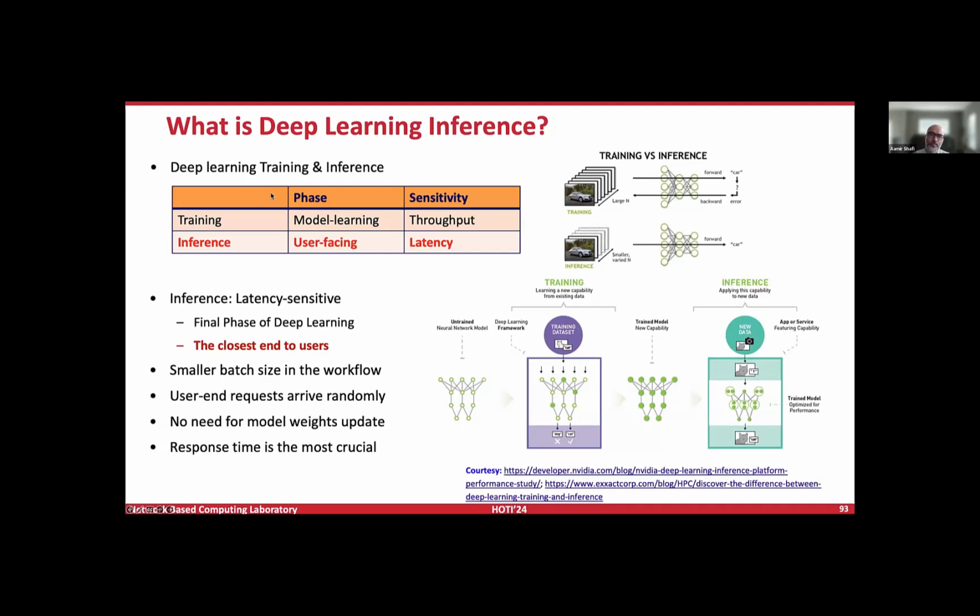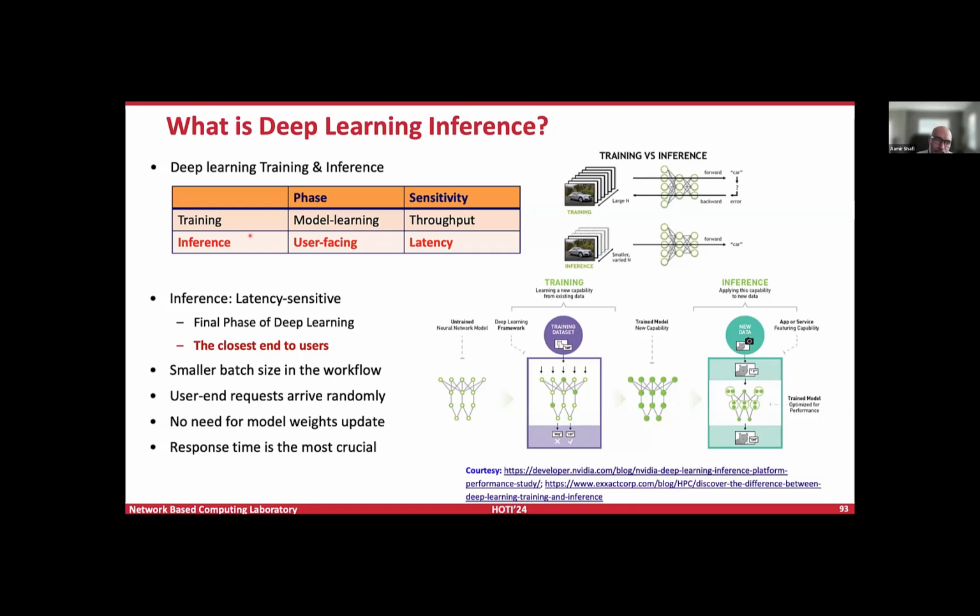So far we have been focusing on retraining, basically deep learning training, which we also simply call training. But more recently, the community has realized that deep learning inference is also a very important workload. When we compare this with the training phase, training is all about model learning. We are given input data, and we would like to process that data as fast as possible. So essentially we are more concerned about the throughput.